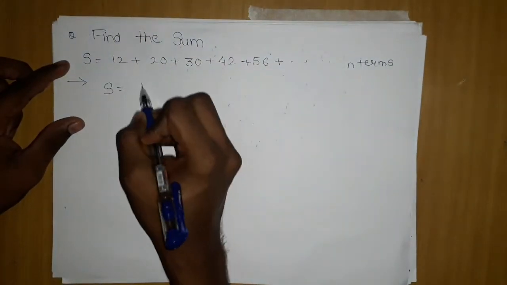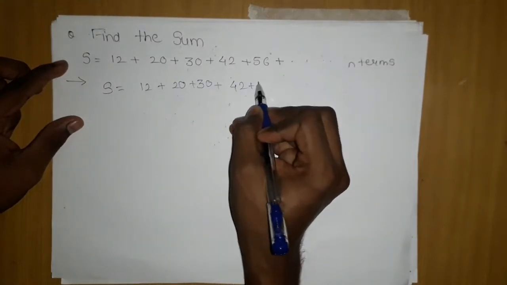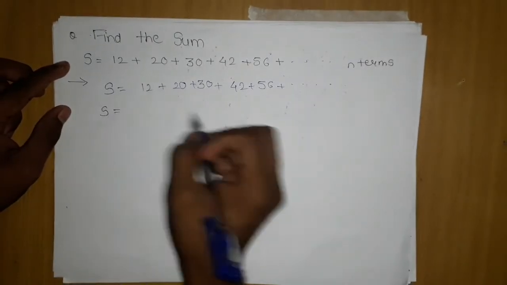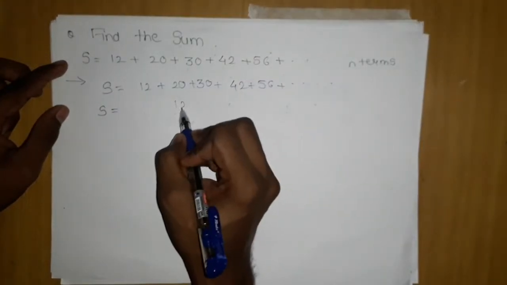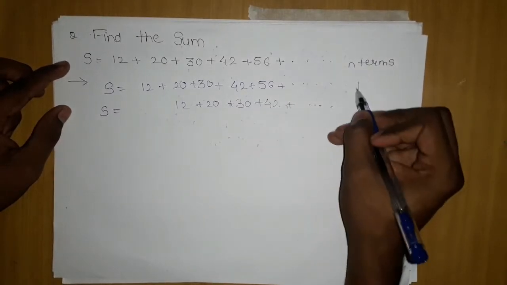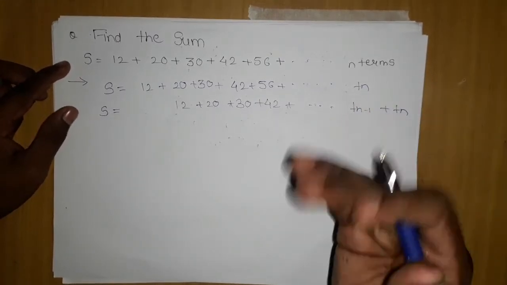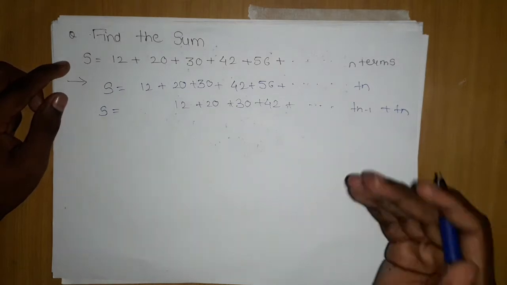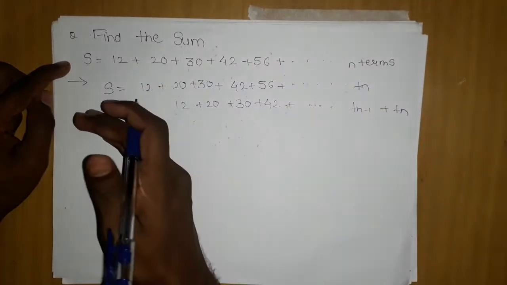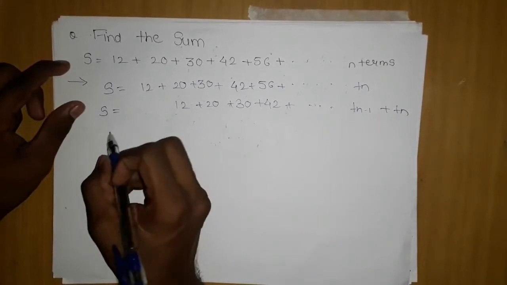Just consider the S, then move it one side and write it again. Now here it is n terms, it is Tn minus 1 and it is Tn. You don't need to write this, but I am writing it so you can understand. After some questions you will automatically understand that writing all these things is unnecessary. You can move the Tn here directly and get your answer. But for now you just need to understand how we are getting it.